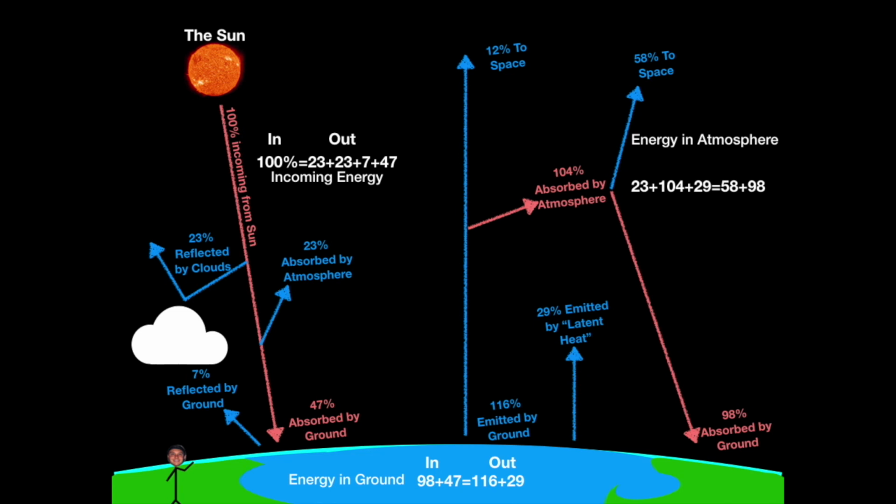So I have 23 plus 104 plus 29 as my incoming energy to the atmosphere. My outgoing energy from the atmosphere will be the 58% and the 98%, which are then split off. Again, these numbers are balanced,